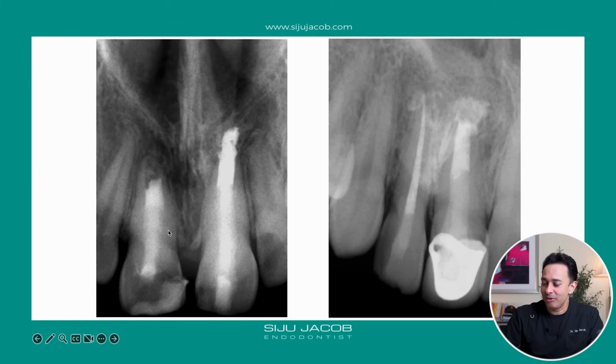Okay? So you find a lot of our cases, when we treat open apex cases or immature teeth, you will find these fiber posts throughout. Okay, so you can see 2 fiber posts here. You can see again here, this was an open apex case. And from here to here is actually a fiberglass post. So I kind of follow that as well. And the goal of doing that is to prevent this cervical snapping here. Okay? And there are a lot of studies to back this up. In case you need, just send me a message and I'll be happy to share those papers with you about how a fiberglass post can strengthen these teeth coronally.